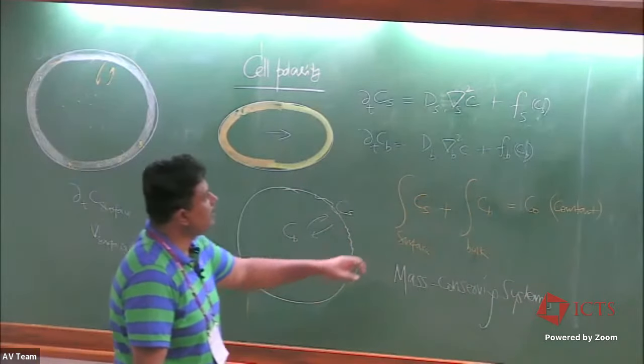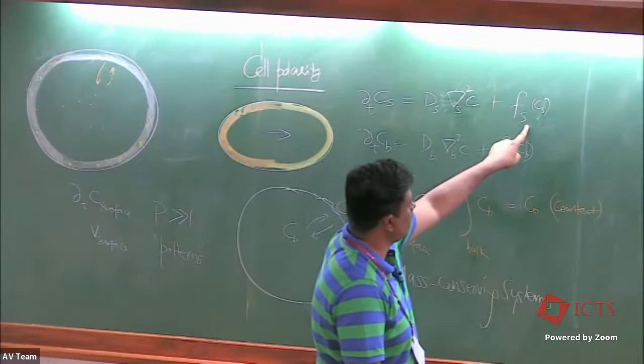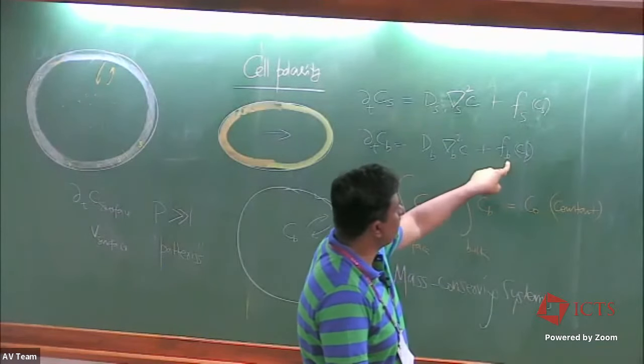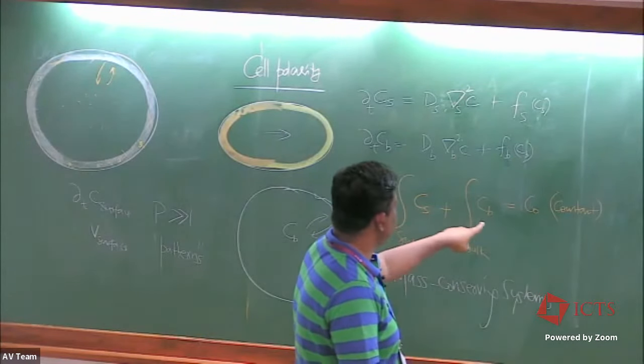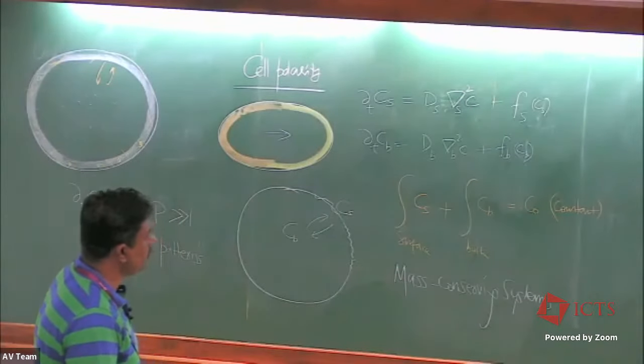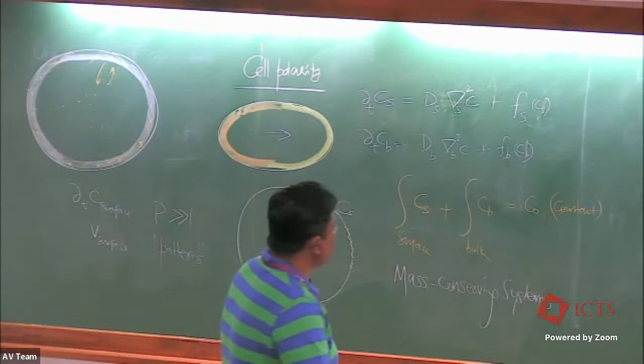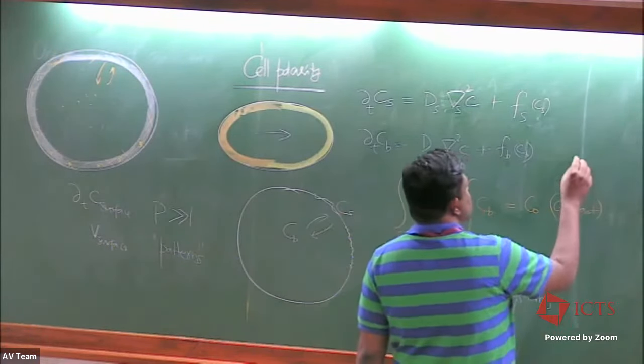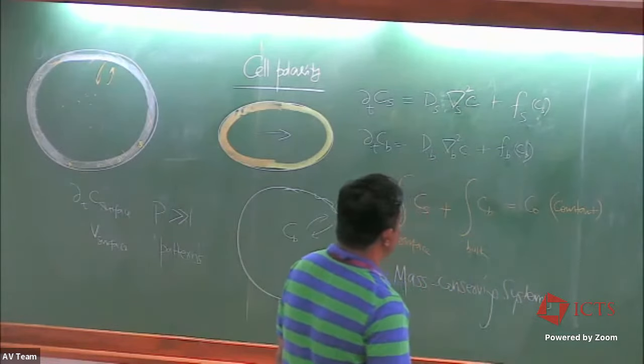Now, you could have a bunch of non-trivial chemical reactions happening here, but you should have the corresponding negative ones happening in the bulk, such that the integrals of the surface and the bulk concentrations add up to a constant number. Such a model, we'll show you in a few minutes, is very useful for thinking about cell polarity,